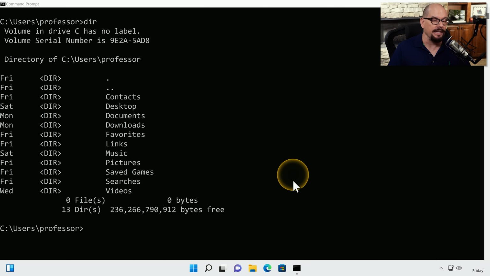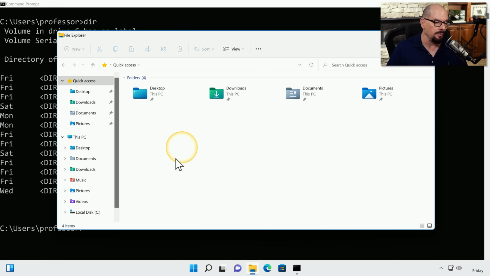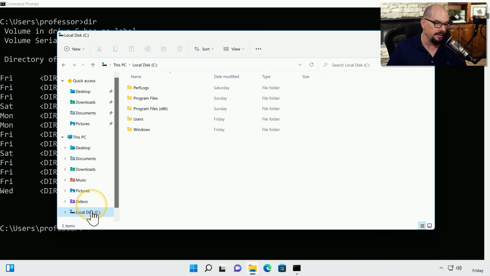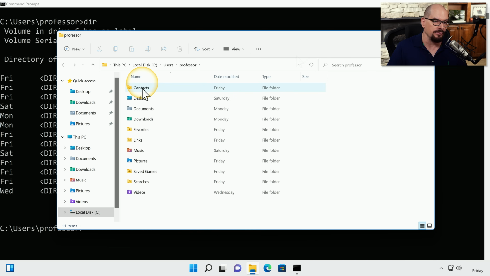If we were to look at this in File Explorer, I'll click that folder at the bottom of the screen that brings up File Explorer. You can see there is a local disk listed. I do have a users folder within that, and within the users folder is the professor's folder. And you can see that all of the folders that we saw at the command line are also listed in File Explorer. Let's now create some folders and remove some folders and see how that changes things in File